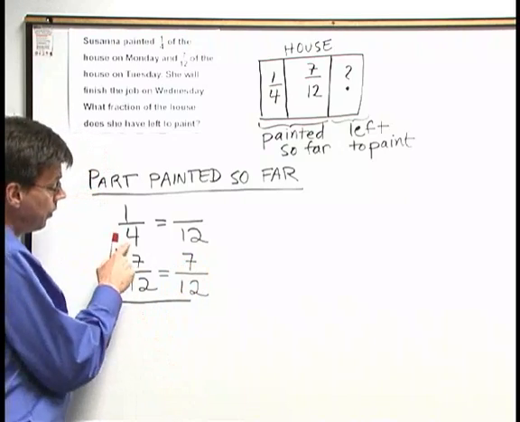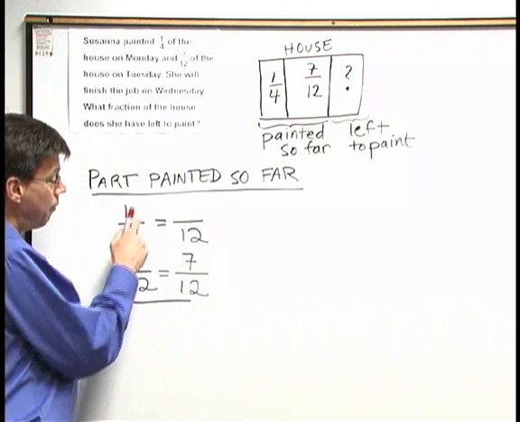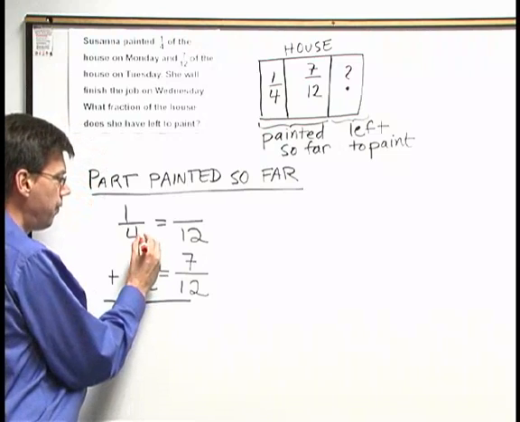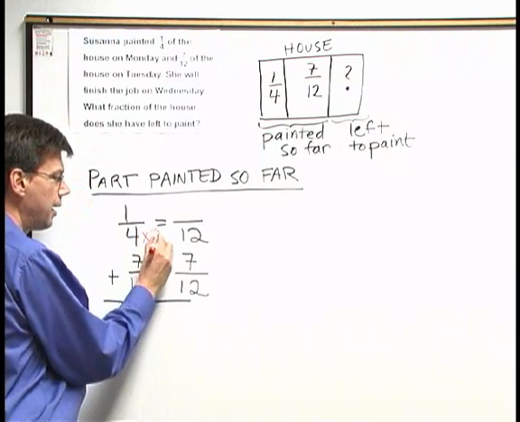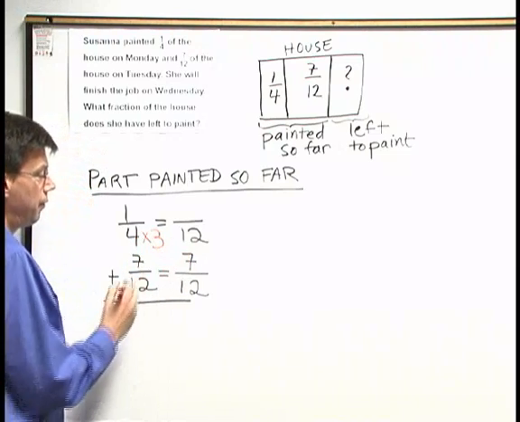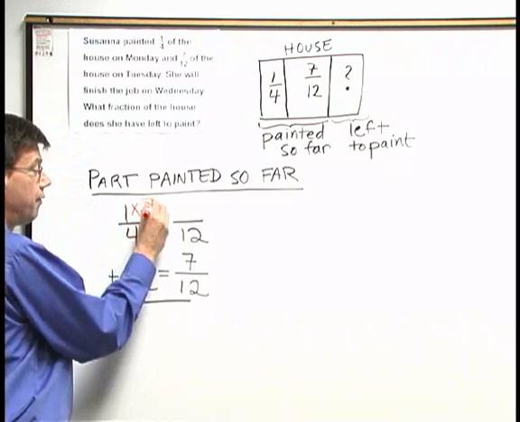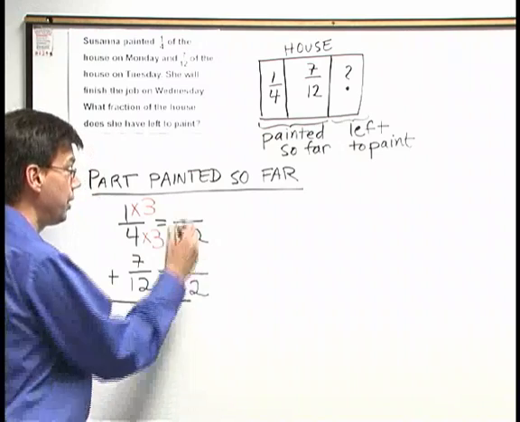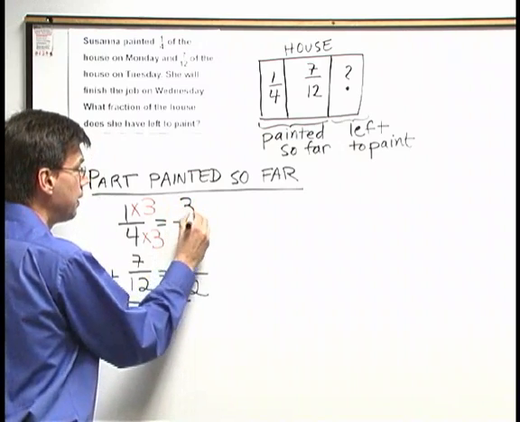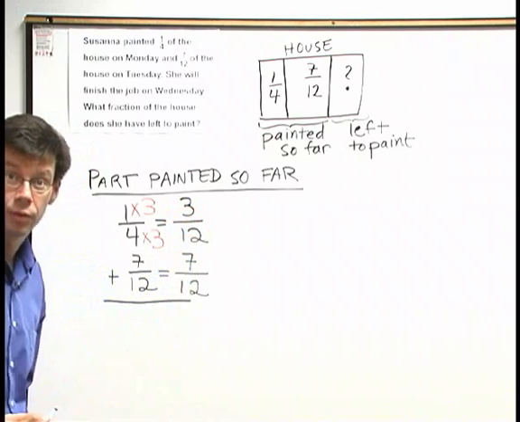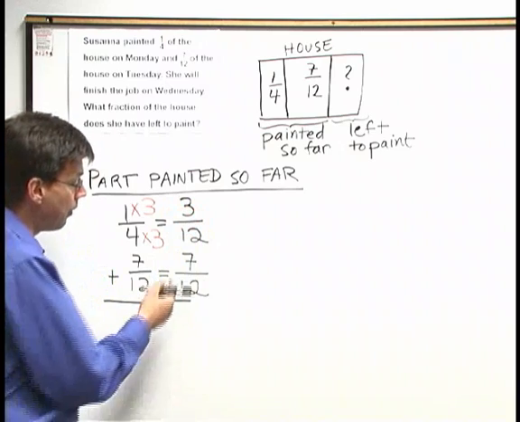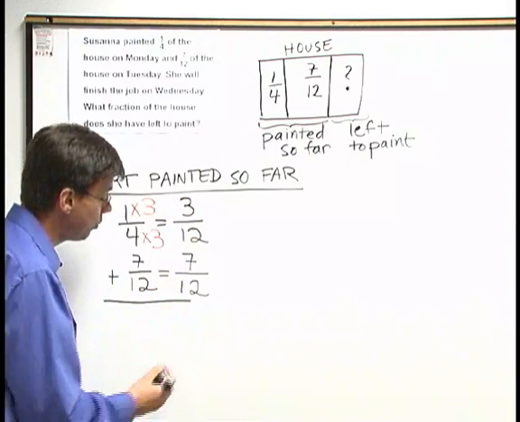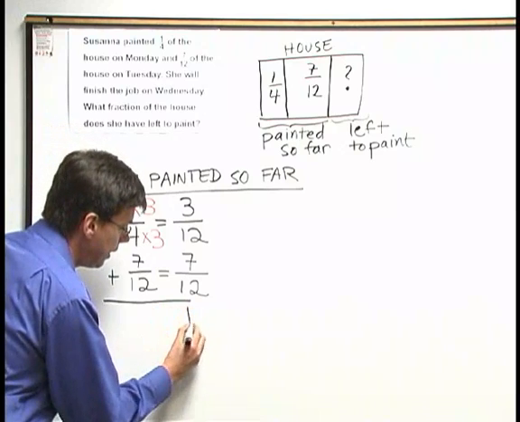I need to multiply above and below by the same number to get 12s. 4 I multiply by 3 to get 12, so the 1 up above I'm also going to multiply by 3. 1 times 3 is 3. 1/4 is equal to 3/12. Now I can add 3/12 plus 7/12. 3 plus 7 is 10. That's